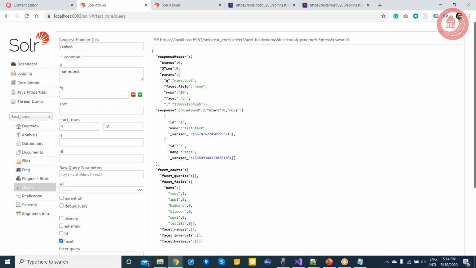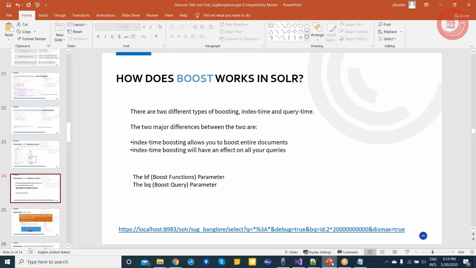Somehow, let's say your business is more interested in this test too, because this is your leading product or something, right? So in that case, you can provide an additional boosting: if my product has a leading flag, then boost that product by, let's say, 10 points. From all your data, it will just update the sequence and it will boost your data.